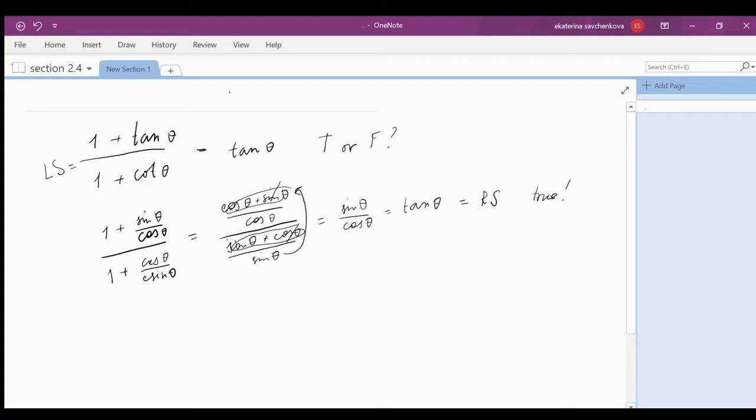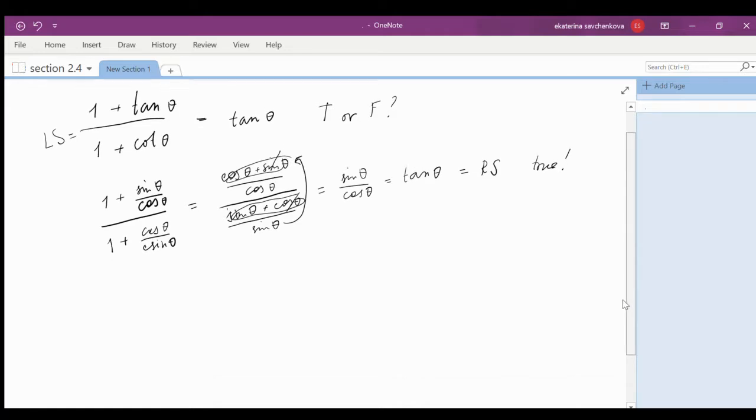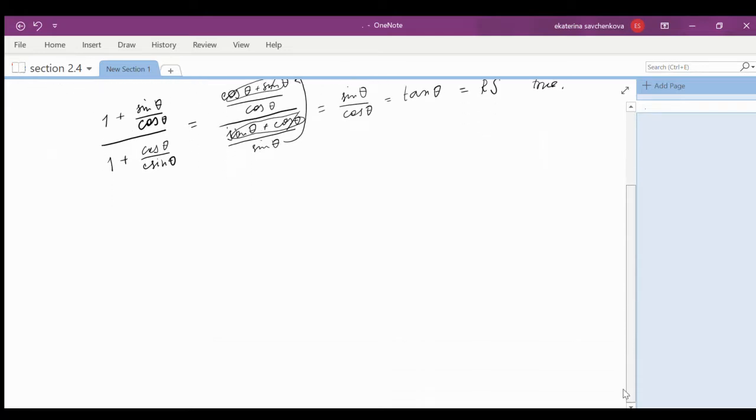Okay, let's do one more example, and I'll show you a different way of working with identities. Let me scroll a little bit, scroll all the way down, and kind of get more space to write down. So my next example,